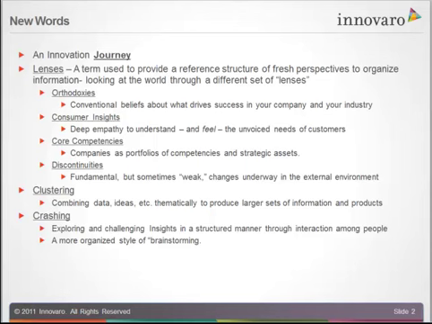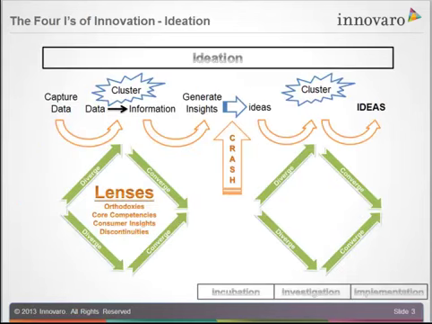So with that, let's jump into the methodology itself. And we'll look first at ideation, because that's the first of our 4 I's. And our methodology relies on a couple of other concepts that I want to introduce. One of those is called diverge and converge. And diverge says, if you have the same old people thinking the same old way, you're going to get the same old results, which someone defined as insanity, right? Expecting a different result.